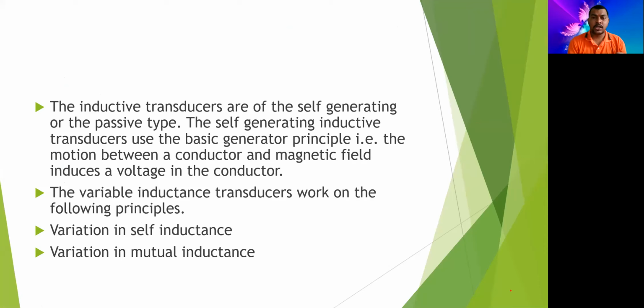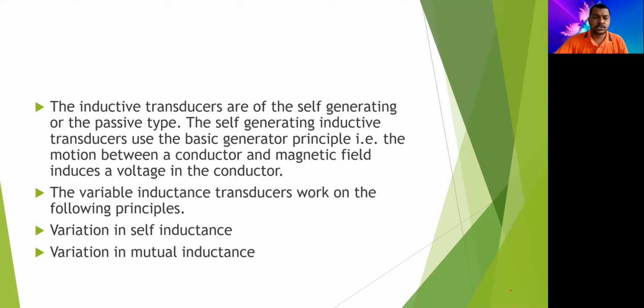So last time we saw that coil experiment, and we will look at it below. In that it is self-generating, meaning the EMF is generated by itself whenever there is a change in the magnetic flux associated with the coil. Whenever there is a change in magnetic field or magnetic flux associated with a coil, then the EMF is induced in the coil, right? So that particular concept is called self-inductance, and that is actually the example of a self-generating inductive transducer, right?